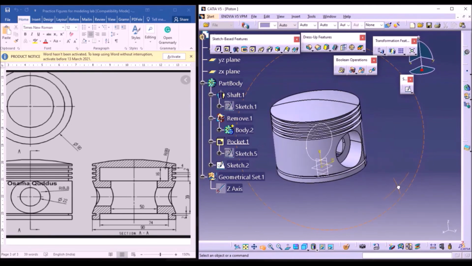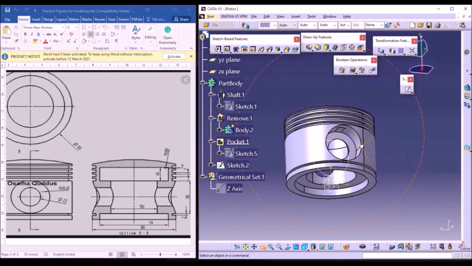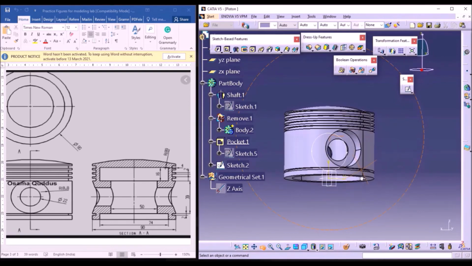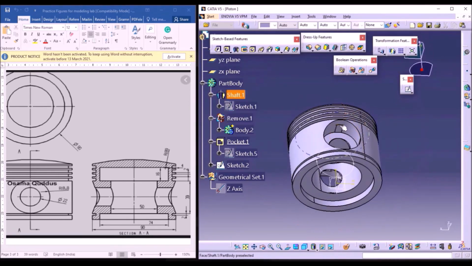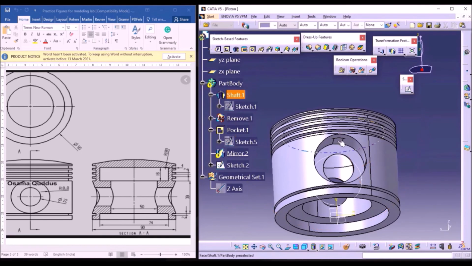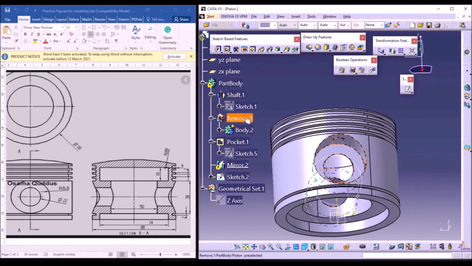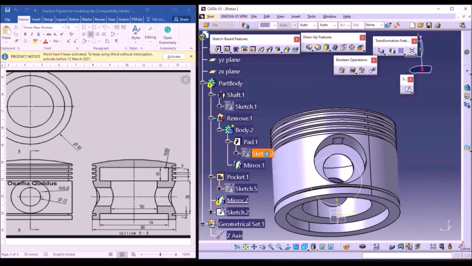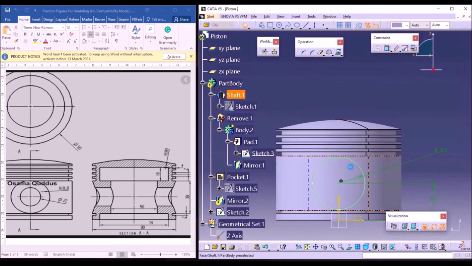Okay, check whether you have given the correct option or not. Okay, as you see here, this material is removed extra. So once check whether you have given the specified dimension. So here you can see the object is removed more portion here. So we need to specify the distances correctly. So in this sketch, that is in sketch 3, so in this removed object in sketch 3 we need to specify the distances correctly.